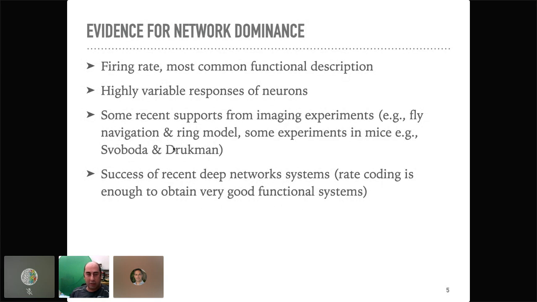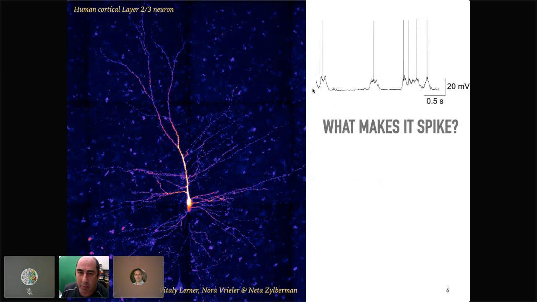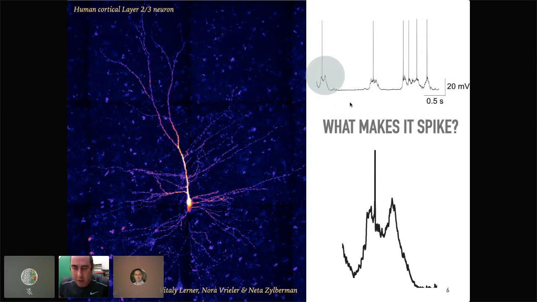So all this evidence supports the view that neurons communicate via rate coding, and what makes a neuron spike is actually some temporal imbalance between excitation and inhibition. However, even if you look at this recording that I just showed you, and you zoom up to the first spike, you will notice something quite strange, which is that the membrane potential actually went above what seems to be the voltage threshold, but it didn't spike. And then it did spike at some other time where the membrane potential was lower than that voltage.